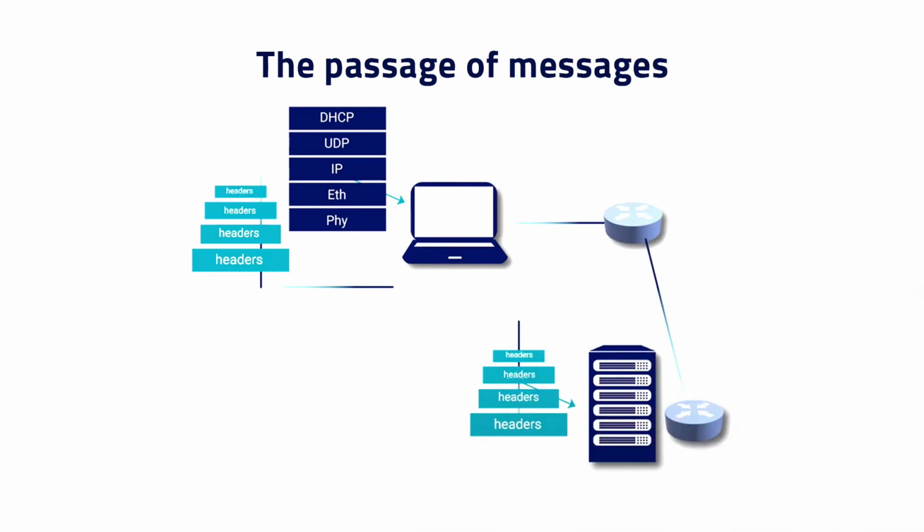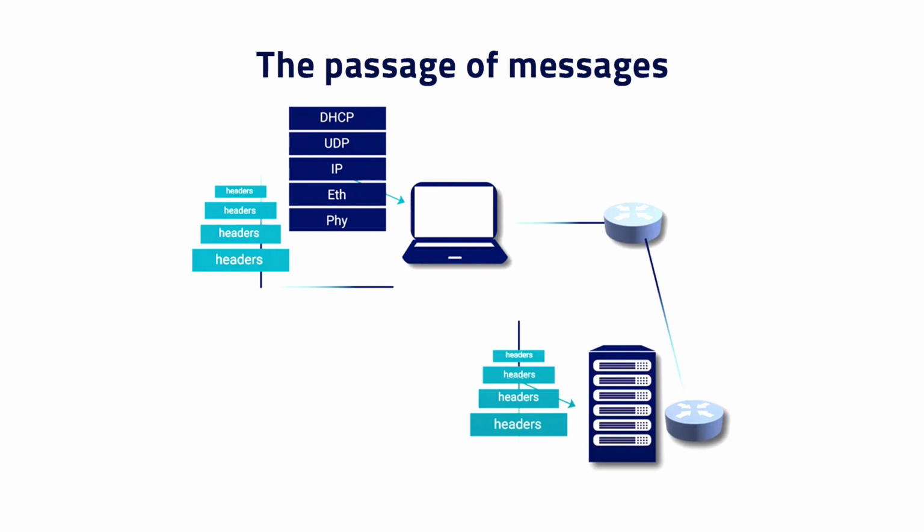How are messages being transferred? The end device requests a configuration through the protocol. The transport layer initiates the UDP protocol because we don't have a defined device to connect to. We don't know the server, and we want to ask a question and have a quick answer. In that case, the UDP protocol encapsulates, it envelops the DHCP and transfers it to the network layer, where the IP protocol will repeat the same action.